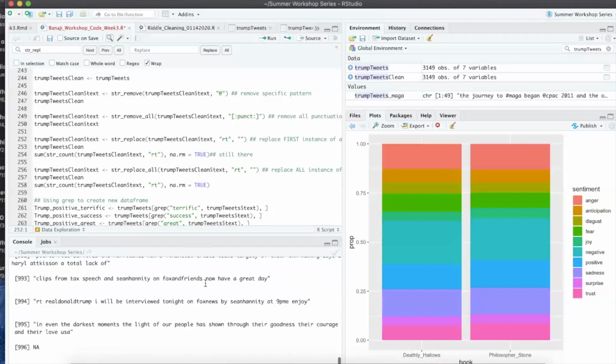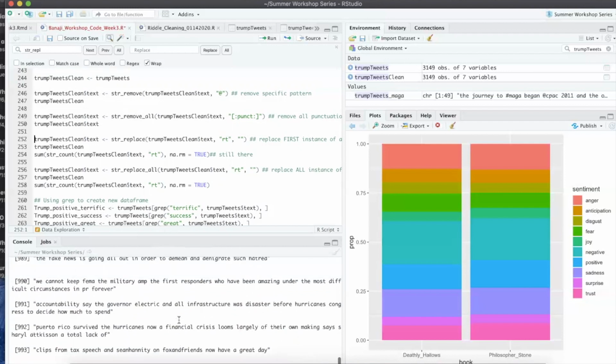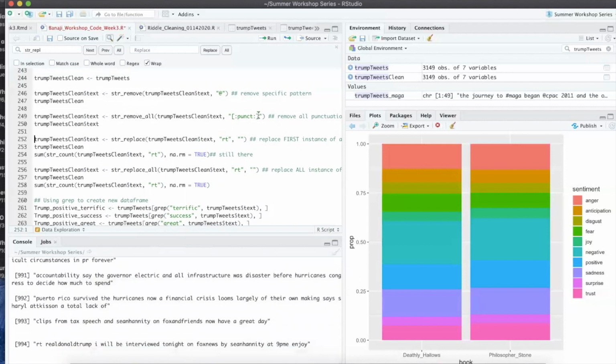Okay, so this is a case of using remove versus remove all. I didn't think it would work with punctuation, but this is something that I was actually going to mention with the replace all. There are a couple different types of each different remove or each different replace. So when I didn't have this remove all, what was happening is it was removing the first instance of punctuation within the tweet. And I thought it wouldn't do that because I'm using a regular expression, but the only thing I've changed now is I've added this underscore all. And now what that's doing is it's going to remove all of the punctuation from